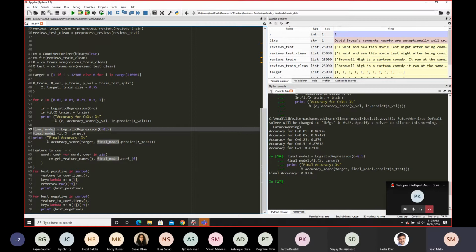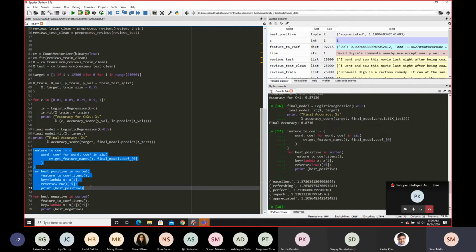So now what we can also do is, because we used scikit-learn, when scikit-learn builds this model, it has certain attributes of itself as well. So for example, feature names is one of them. So what we can do is we can actually figure out what the best words are to this model. So you can see that the positive words that it's detecting have a higher value associated to it.